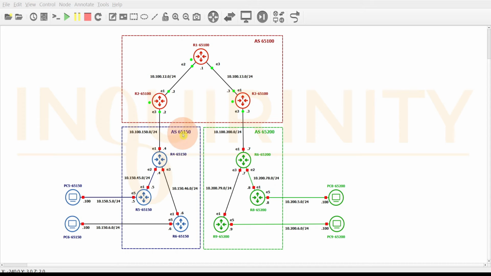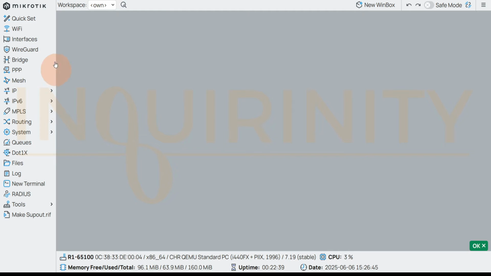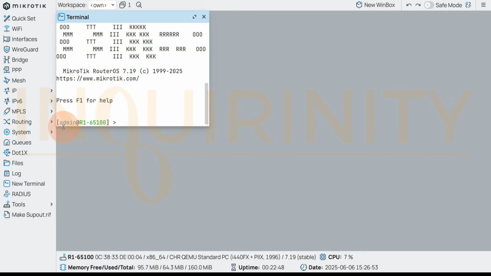Then the other group will be 65150. Then the other group, or the green group, will be 65200. So we've come back, so let's do it quickly. So R1, then we have the 65100 for our R1. So the router identity is changed, so you could verify by going to the new terminal, and